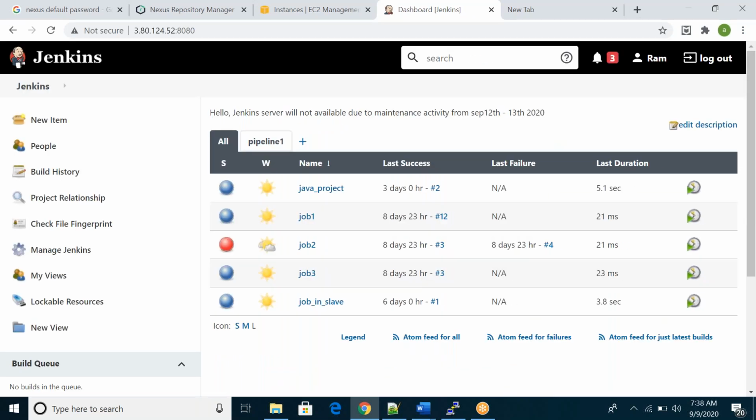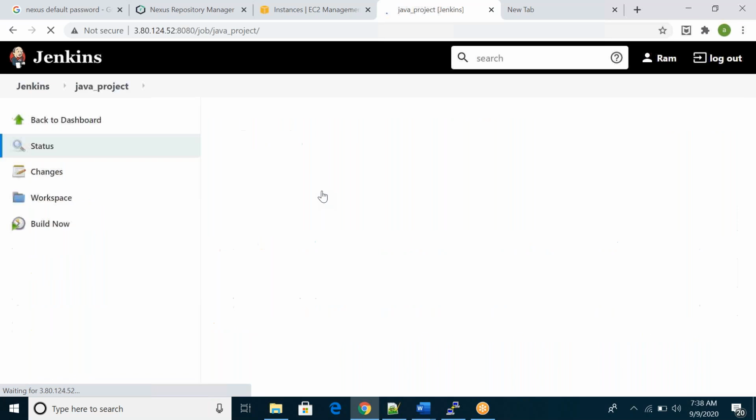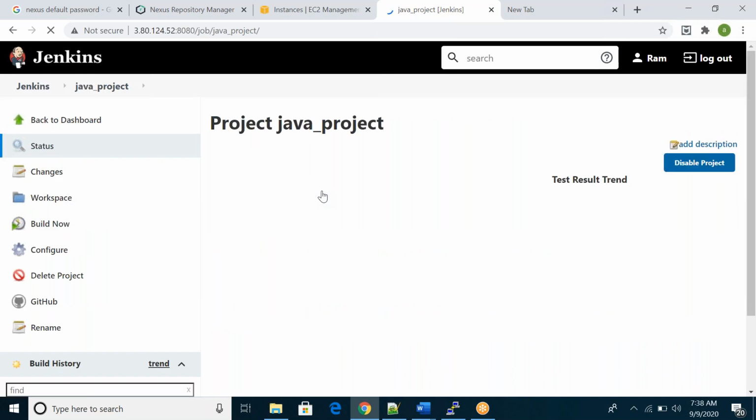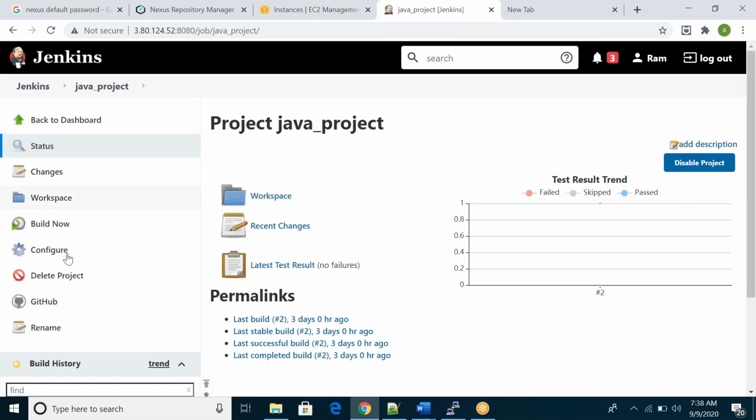So now we will configure our existing Java project. I will push my artifact to Nexus. Here I'm taking my existing Java project, and here I will change the